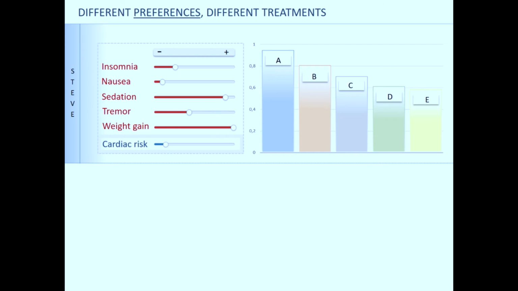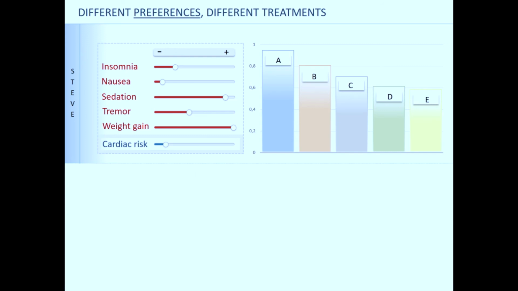And also we ask the medic, is there any cardiac problem? For instance, QTc prolongation, whatever. And the medic says, no. Okay, in this case, this is the ranking of the antidepressants, and you can choose the one that best fits your